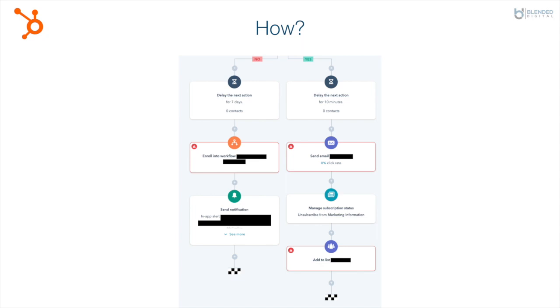And after several times of this happening within the awareness stage, you want to have the next enrollment form, which is basically pushing them away from the awareness to the consideration phase. And this is where this next branch happens here. So you enroll them into another workflow, which is the consideration workflow. And then if they click a call to action within that next bit of information they get sent within this workflow, say it might be subscribing to a webinar or a workshop or whatnot,